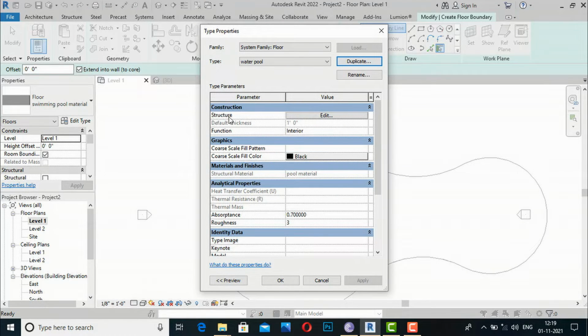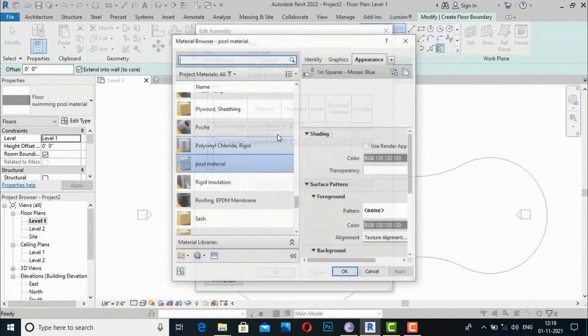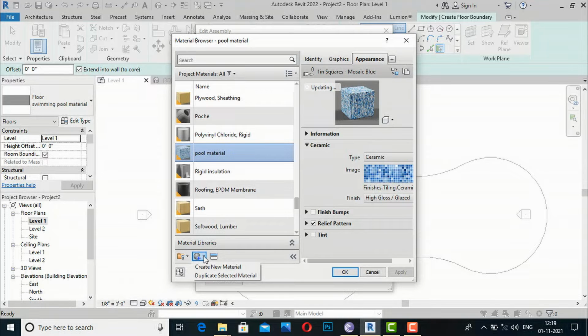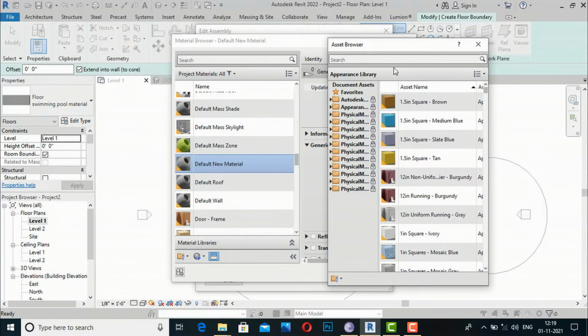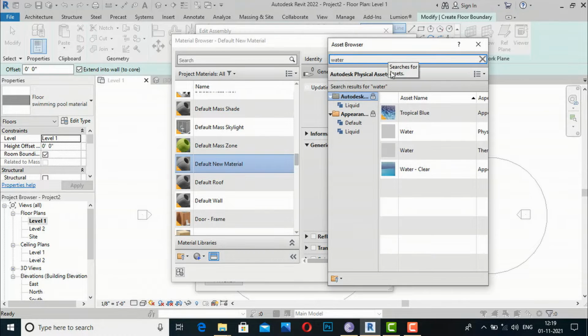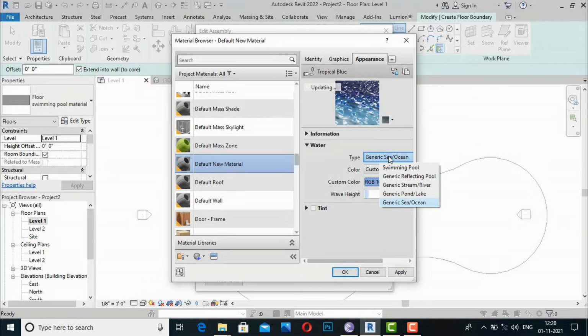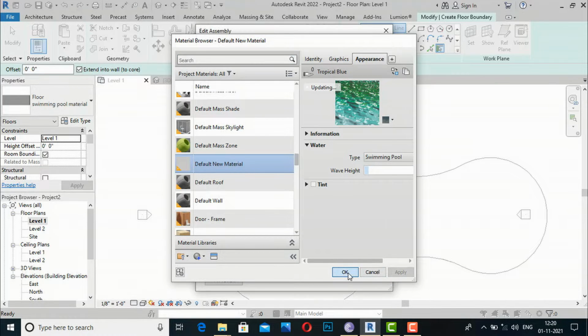So we'll go to the structure edit, and now we can create a water material here. I'm going to create a new material, asset browser. You will search for water here in the asset browser, and there is some water material here, and you can select any of these. So I'm going to select this tropical blue only, and this is for generic. I'm going to click this, and I'm going to select this swimming pool, and I'm going to apply. Okay,